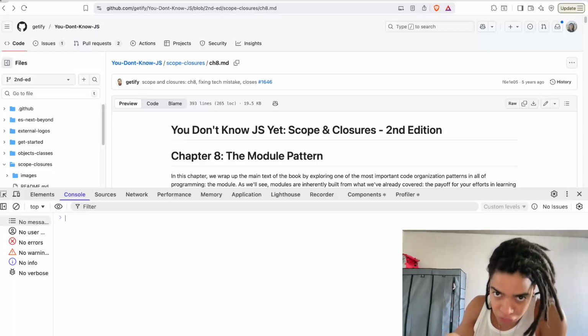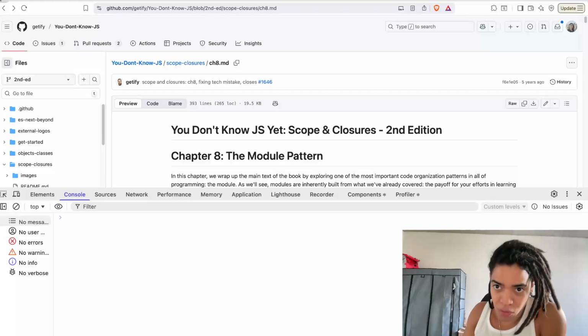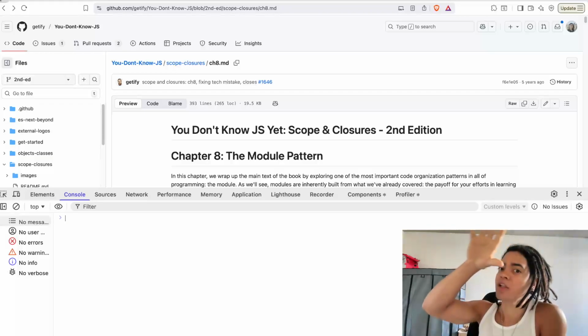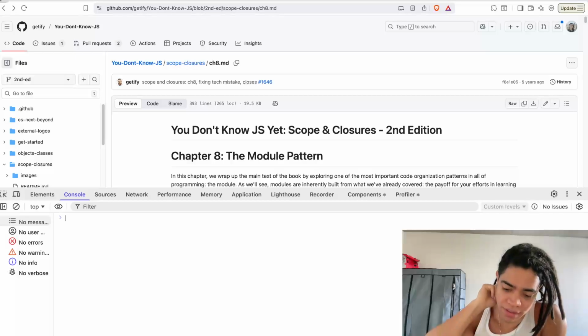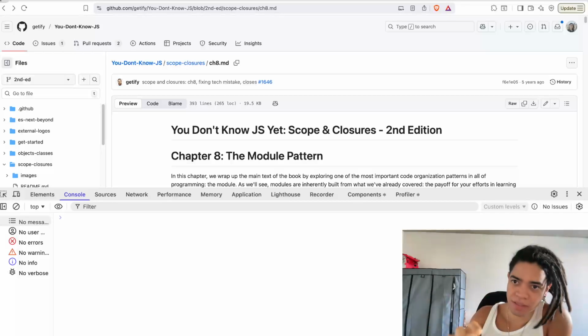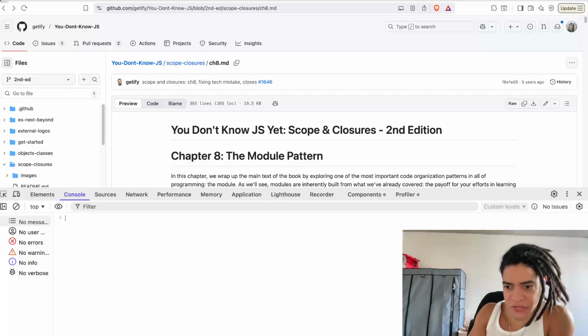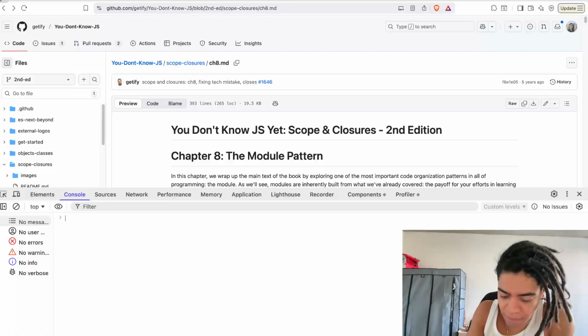AKA the block scope, the function scope, the catch scope as well, and also the global scope, right? And just to briefly describe this technical aspect of JavaScript,